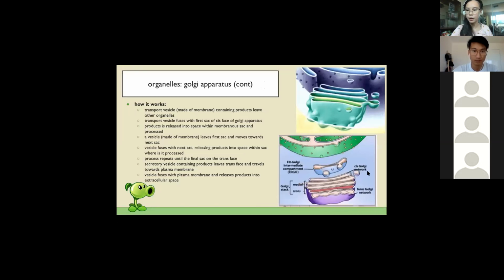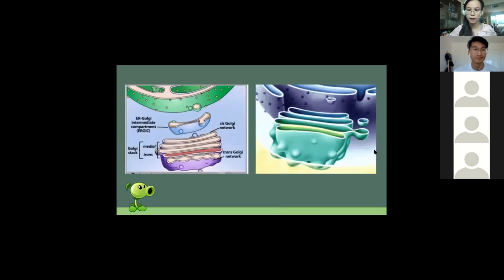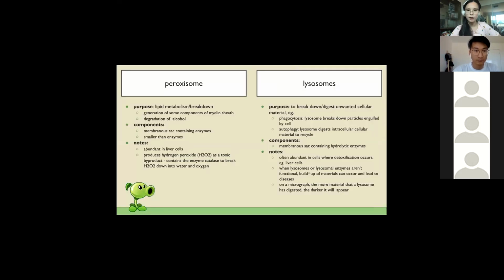This is a summary of how it works, and you can see them in the GIFs on the screen. Hopefully they're working. Oh, wow. So yeah, they're working. And this as well, which is a little bit larger. So hopefully this helps you sort of visualize how the Golgi complex works. So as the vesicles are moving through the layers in the Golgi complex, they are changed slightly at each station, basically.